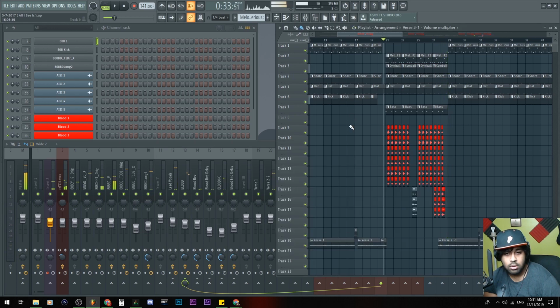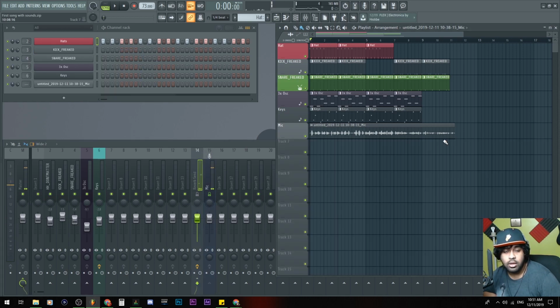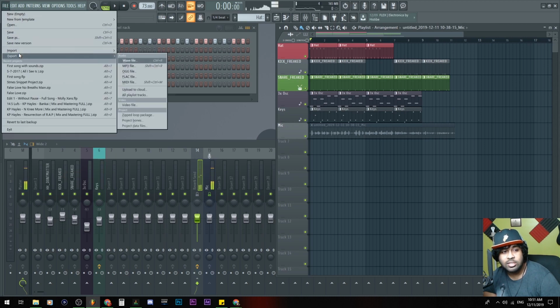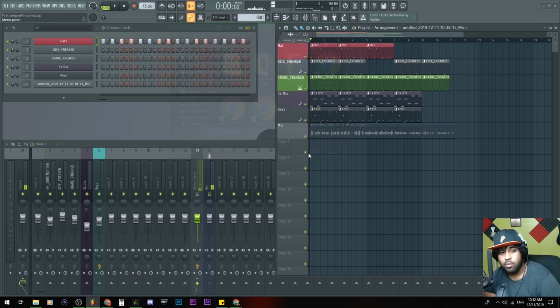Cool. And the last thing we'll talk about is going to be exporting the song. So once we have the song the way we like it, which I'll mute there, go to File, Export, and then as either a WAV file or MP3 file. There's also other files here, but I don't know. MP3 and WAV sounds better.